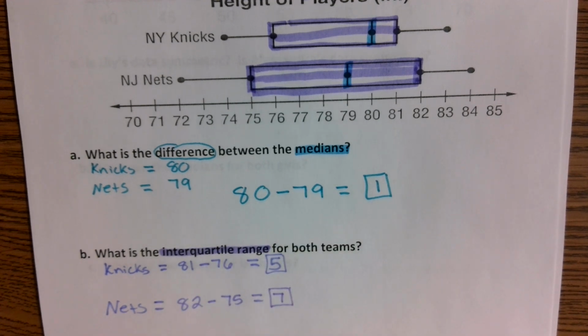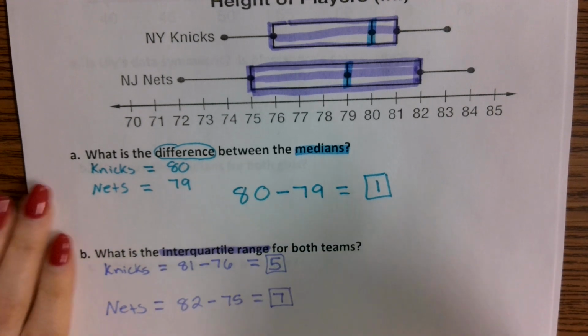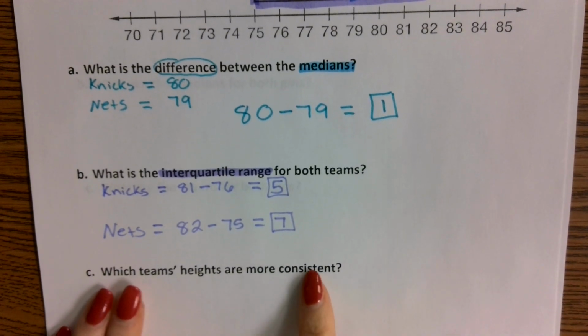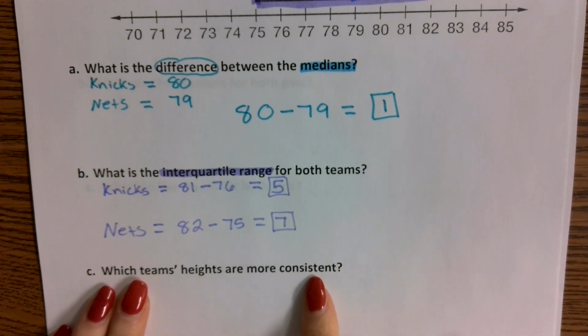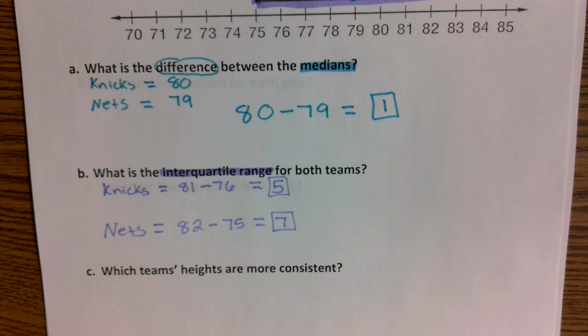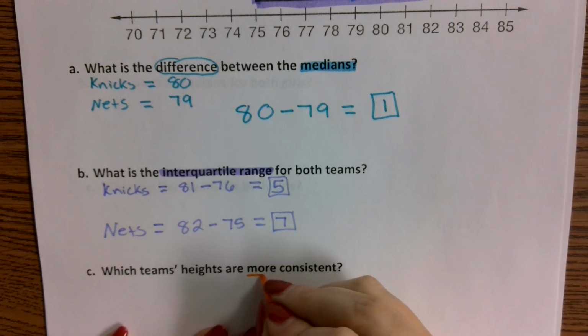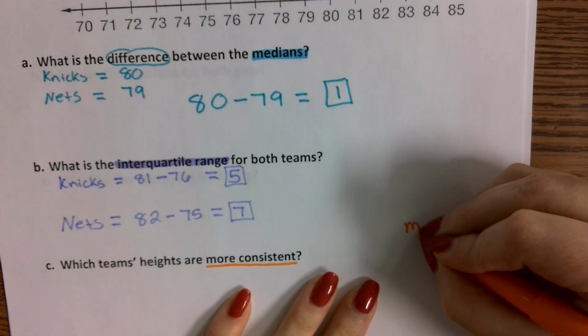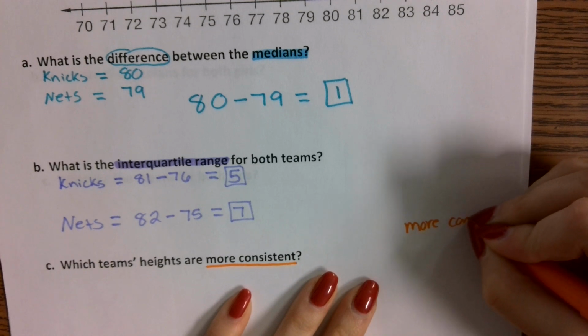Okay, so who has a larger interquartile range? The Nets. Okay, the Nets have a larger interquartile range. Now, take a look at this word, consistent. Remember, we talked about consistency before. When we talk about consistent, we're talking about values that are closer together. So if we're saying more consistent, off to the side, write this down, more consistent